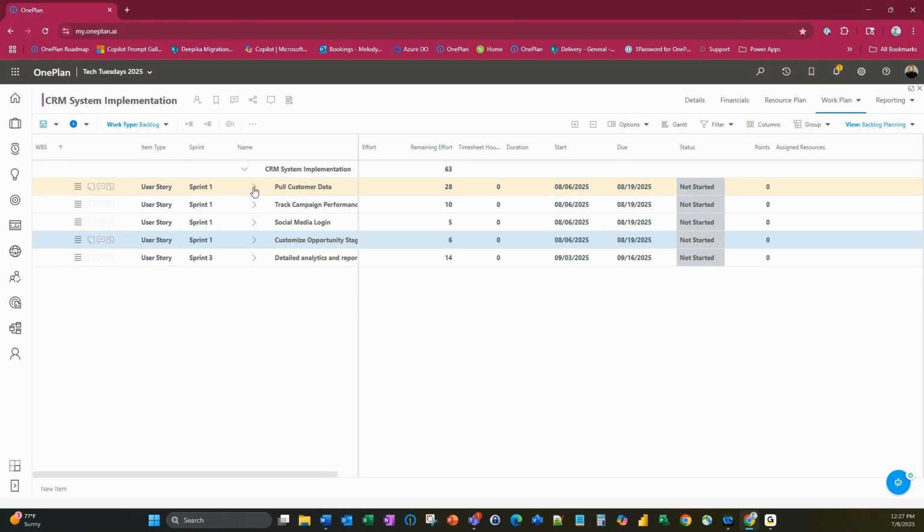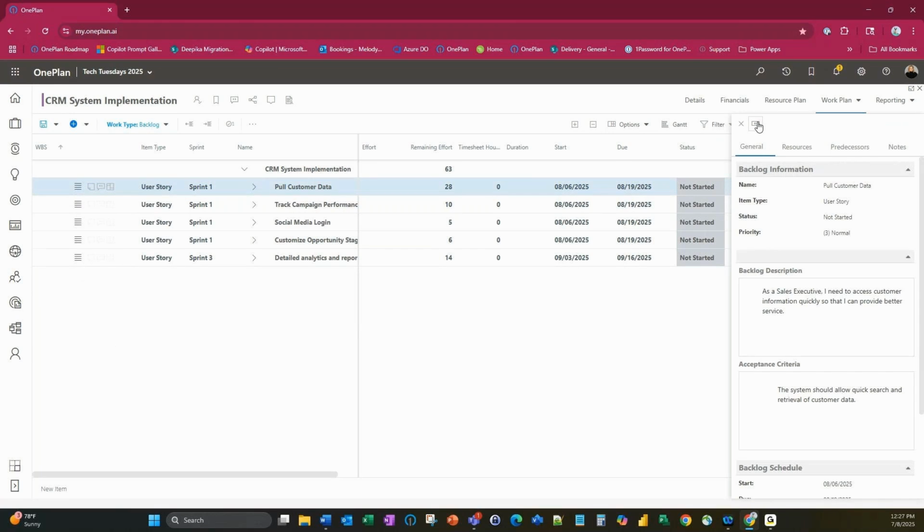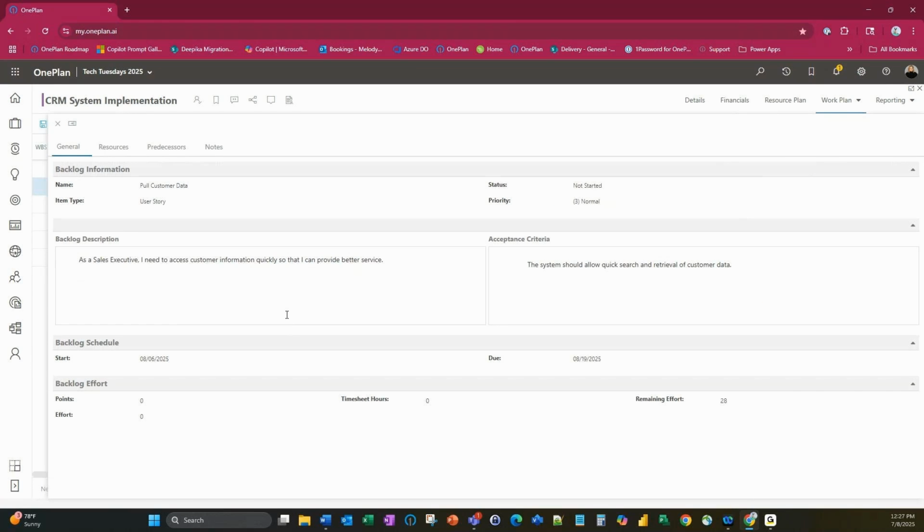I did just mention acceptance criteria. So you're kind of wondering, how do I do that? How do I get my description of my user story in there? Or how do I do my acceptance criteria? I highly recommend you do some form configuration for your backlog. So if I go ahead and open up this one and go to my quick edit and pop that out, I have created a backlog form to be associated with that.